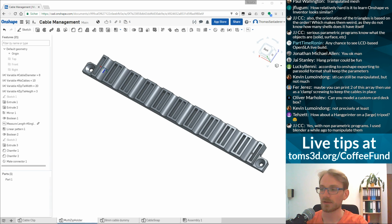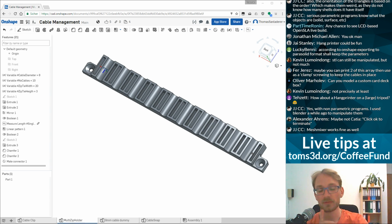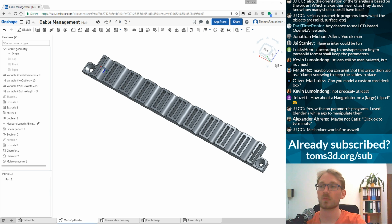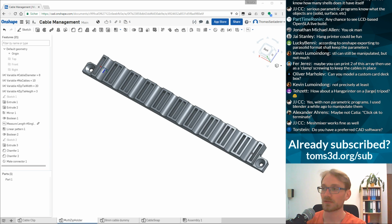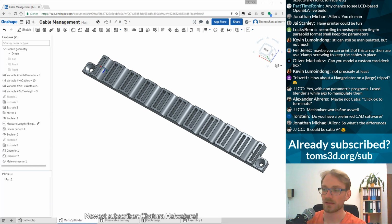Hang printer on a large tripod. I don't have a tripod large enough, but I was thinking about that. The problem is the hang printer was explicitly designed with no tripod or structure at all needed, so that kind of defeats the purpose. Any chance to see an LCD-based OpenSLA live build? Maybe, if I find one that's going to work. But yeah, that should be...